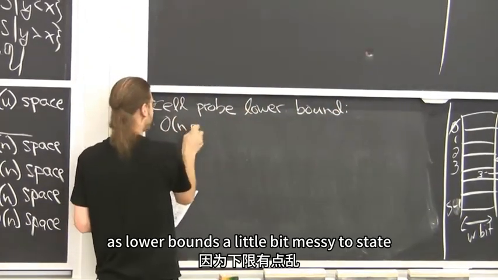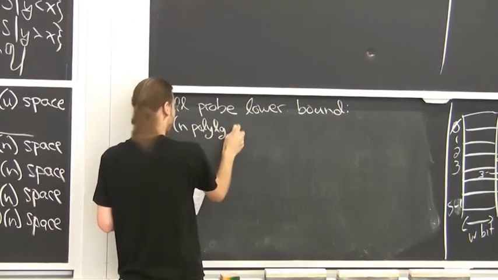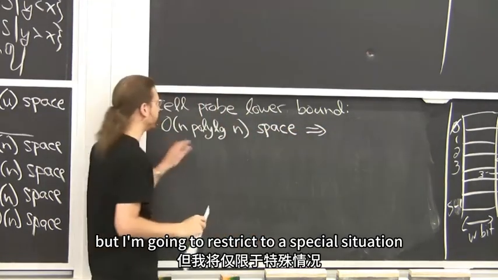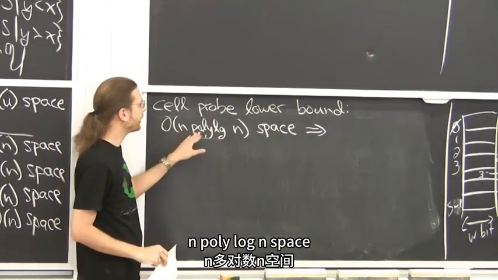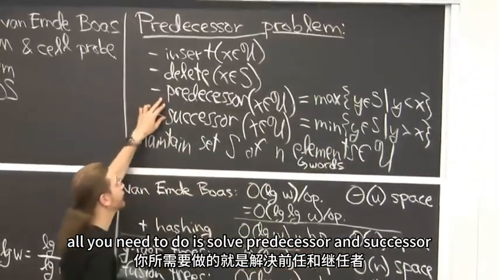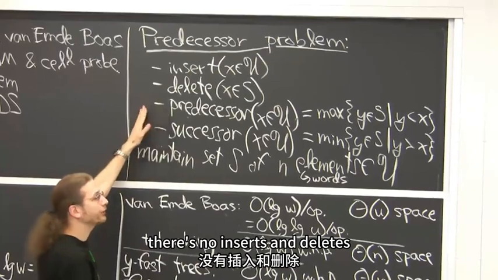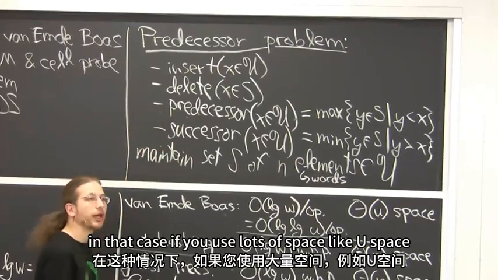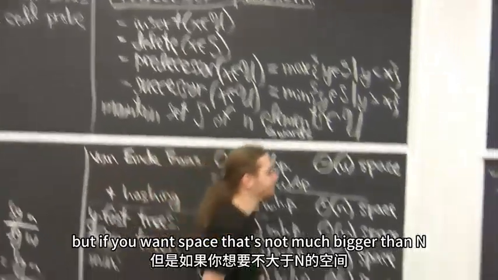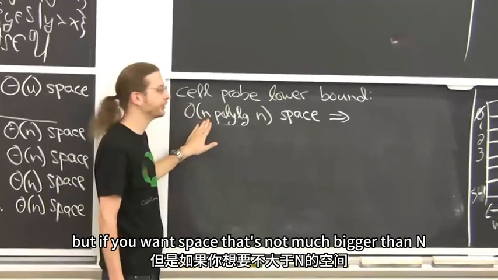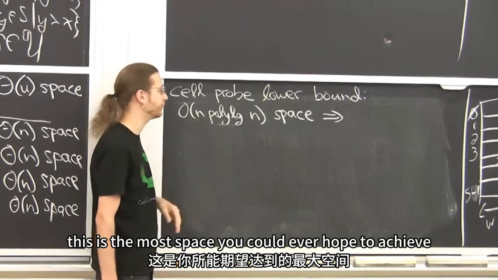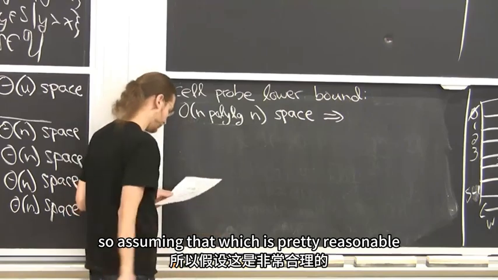This lower bound's a little bit messy to state. The bound is slightly more complicated than what we've seen. But I'm going to restrict to a special situation, which is if you have n polylog n space. This is a lower bound on static predecessor. All you need to do is solve predecessor and successor, or even just predecessor. There are no inserts and deletes. If you use lots of space, like U space, of course you can do constant time for everything, because you just store all the answers. But if you want space that's not much bigger than n, in particular if you wanted to do updates in polylog, this is the most space you could ever hope to achieve. So assuming that, which is pretty reasonable,